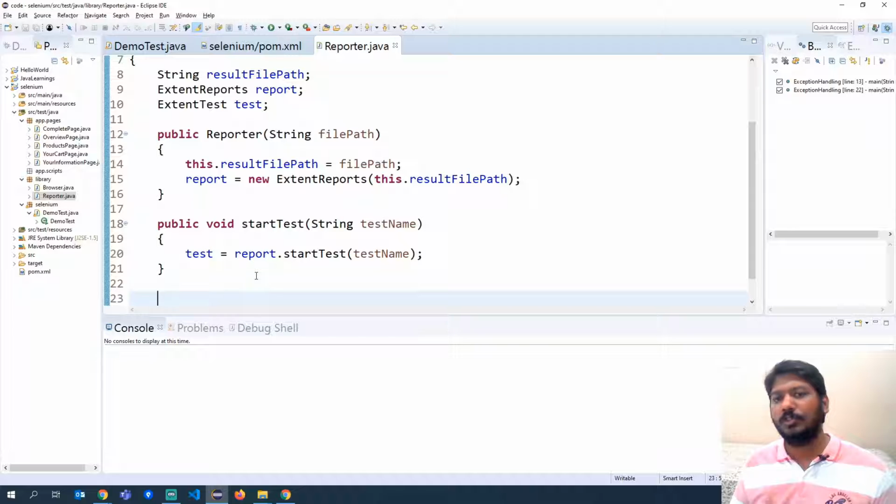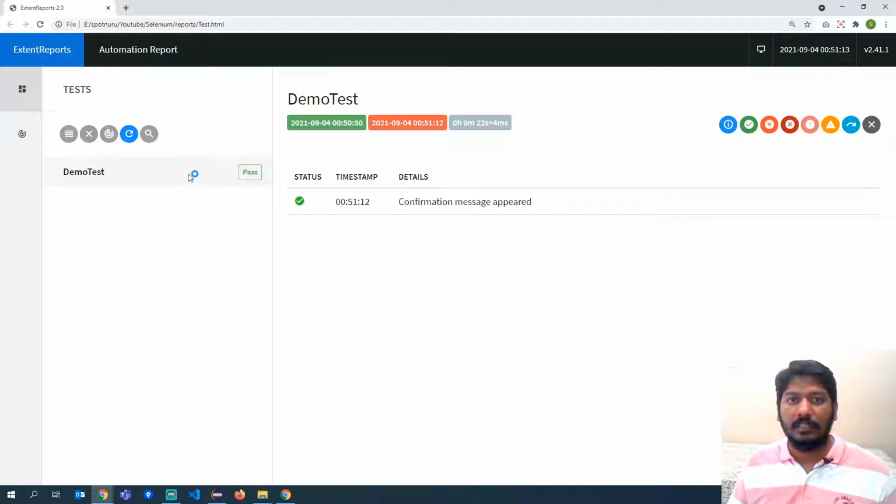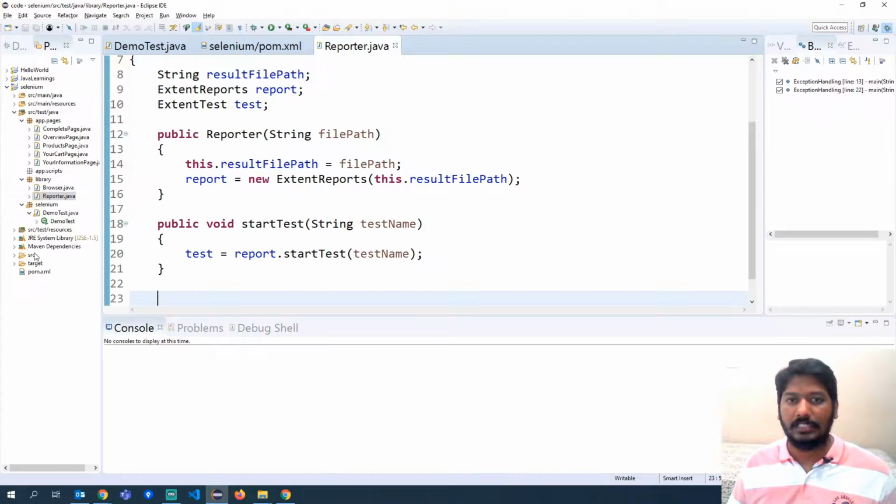Okay. Now we will write a few more methods here. One is closing the test, and also you have to flush the entire results. For example, when you are working with hundreds of test cases, I want to flush all the data, right? When I'm creating a new test, a new log is getting generated. So if you see here we have individual tests. Here we are seeing only one test. So for every test case, it will generate a separate set of statements. So once all the test cases are covered, we need to generate this entire HTML report. For that, we need to use a method called flush. Okay. So let's add those methods also.